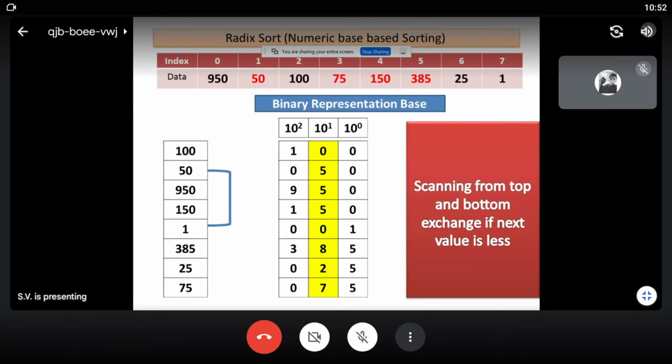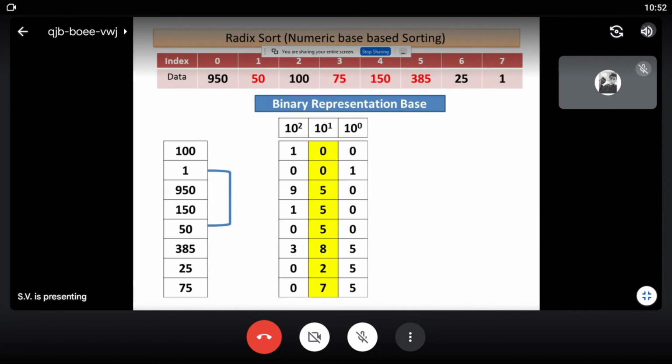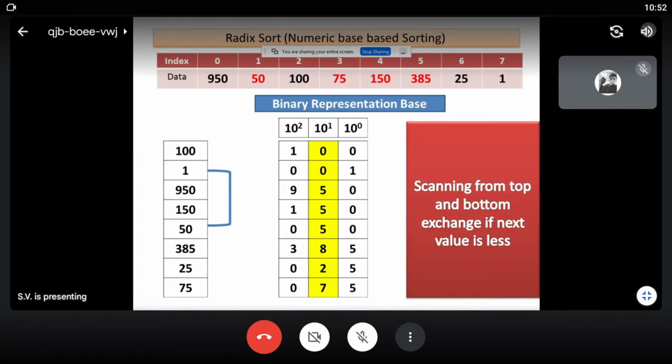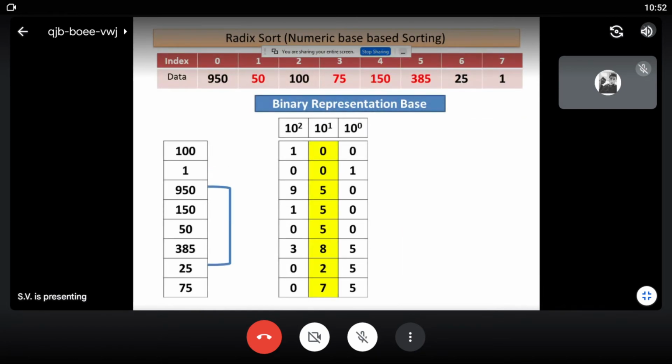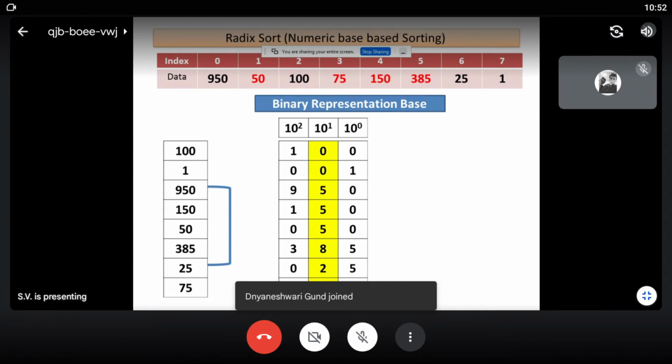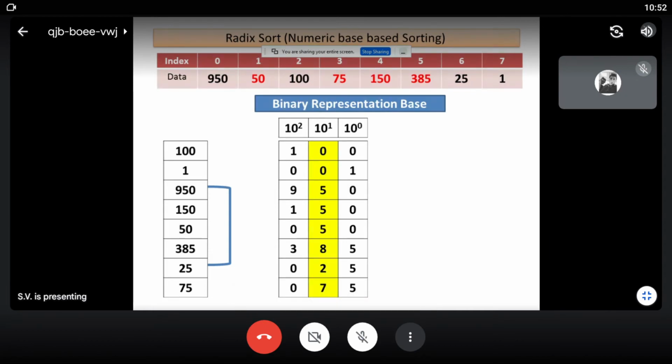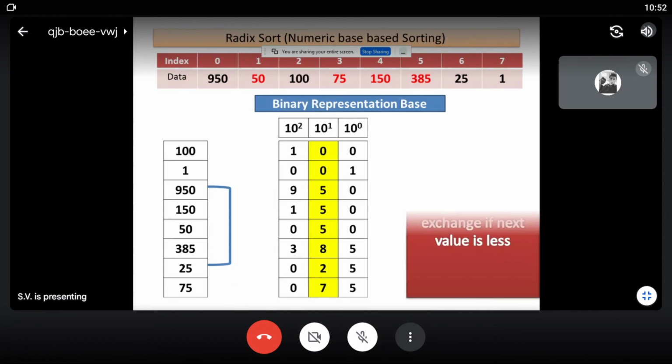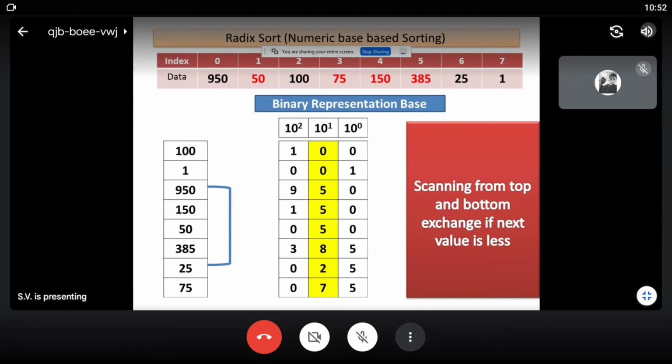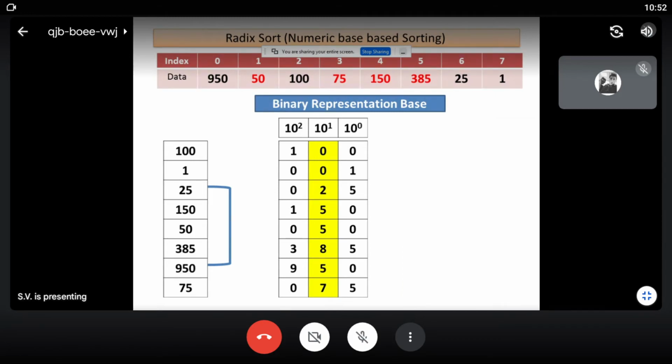You can see it is swapped with the position of 50. Moving further, we will find 5 is now compared with 2. So 5 is compared with 2 and 950 and 25 will be exchanged. So you can see 950 and 25 are exchanged.